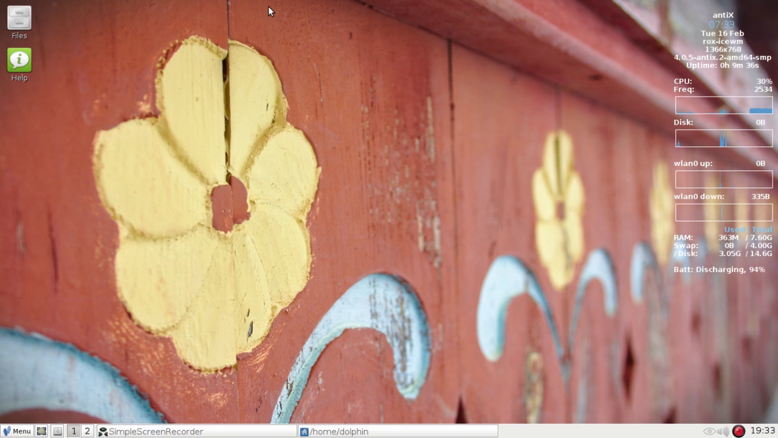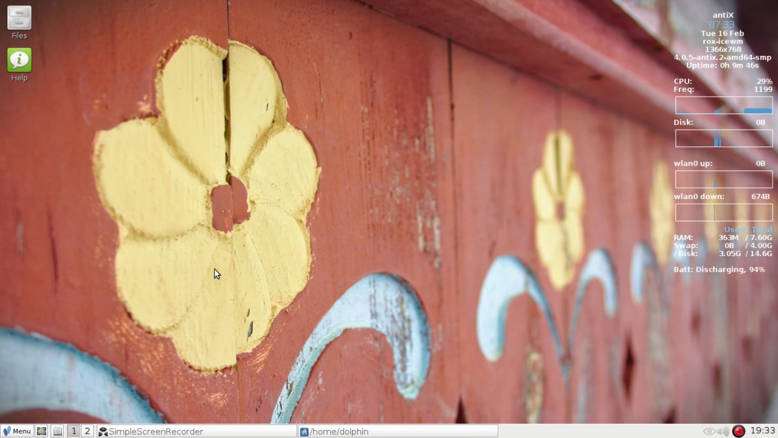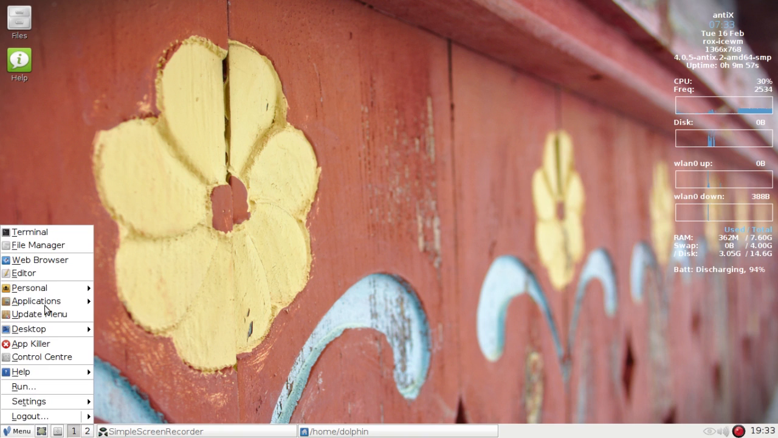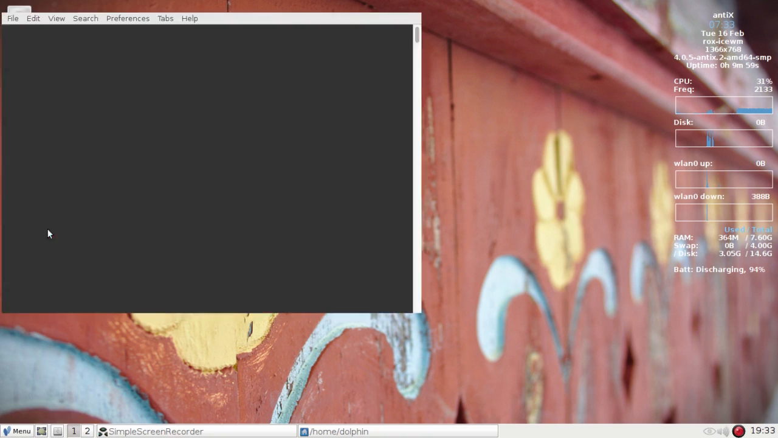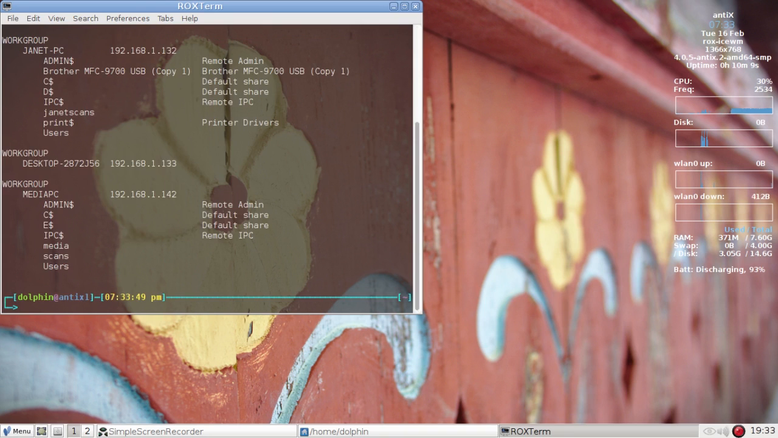Now antiX by default actually comes with several file browsers, but the two main ones are Roxfiler and spacefm, and neither one will browse network shares the way you can on some Windows machines. So the shares are just going to be invisible. So how do you find your shares? Well, there is a command that comes with antiX called find shares, and you can run that in a terminal and it'll show you a